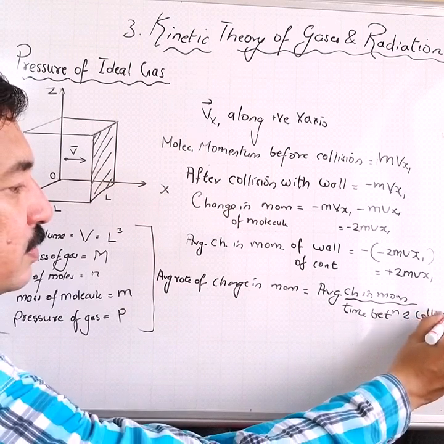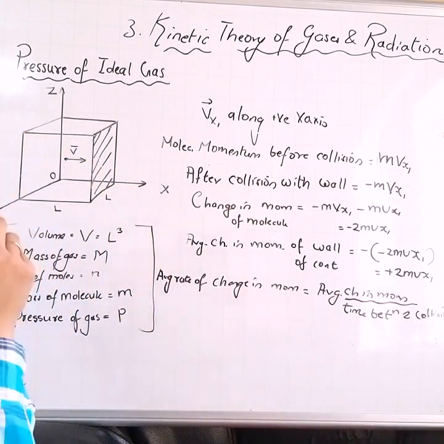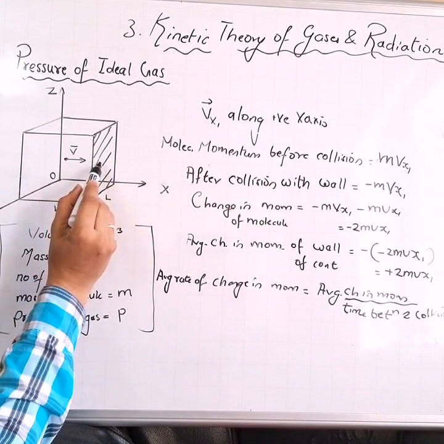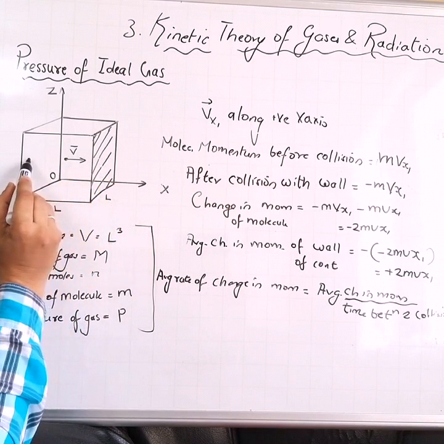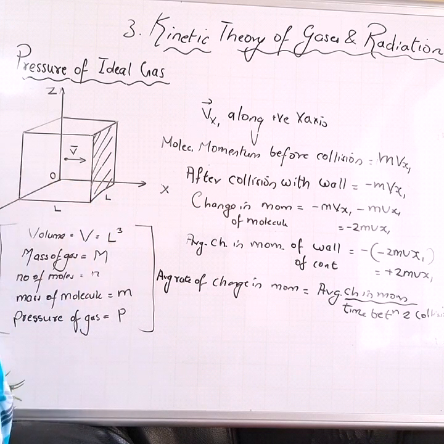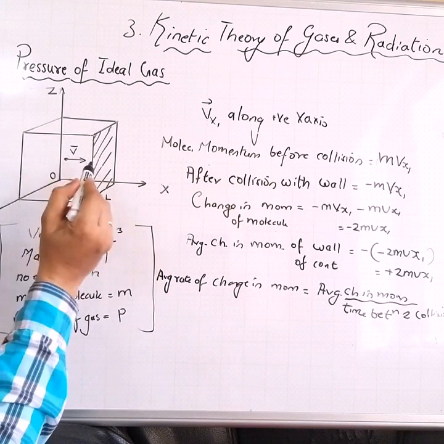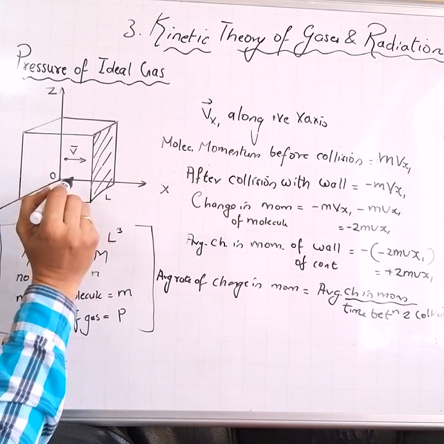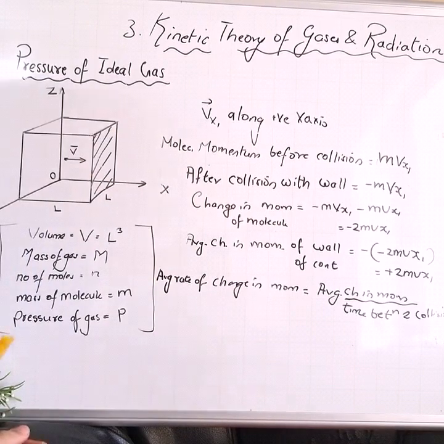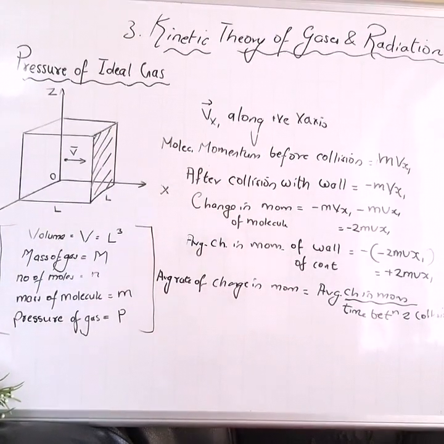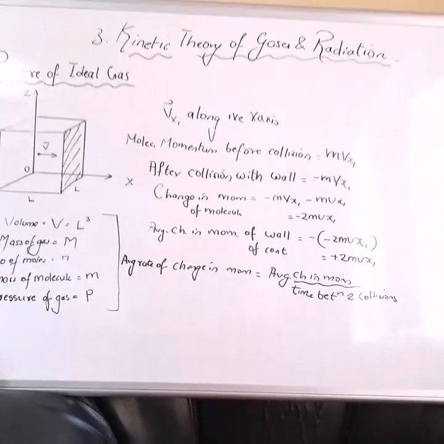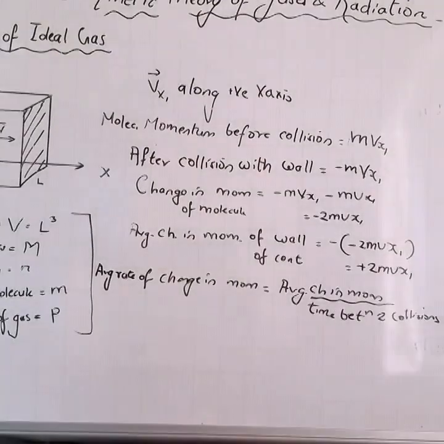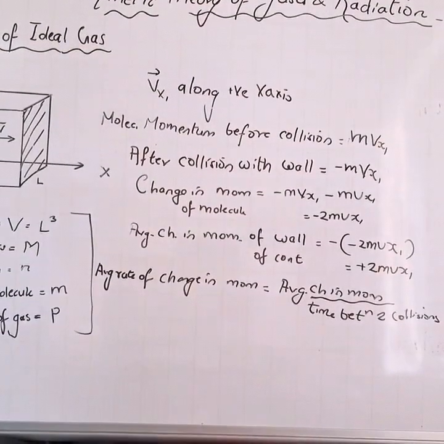Now please understand how we calculate the time between two collisions. Suppose the molecule collides here, then rebounds to the other surface, collides there and again returns back. Do you understand? So what is the time interval between two collisions with the shaded surface? How will I find that? For that, you understand the simple formula. Velocity is distance upon time. I will use that formula and show you how I get that.